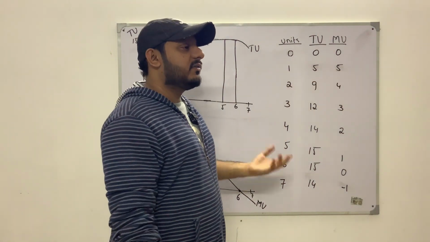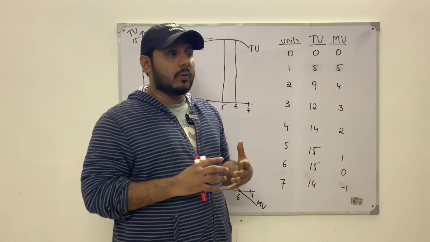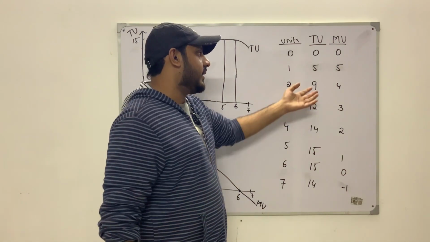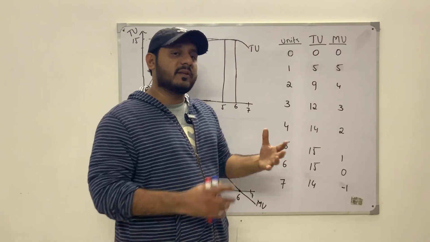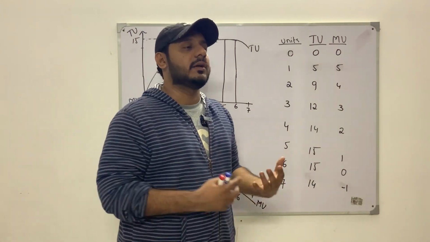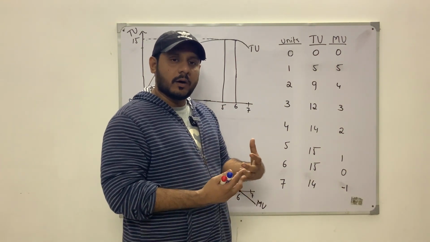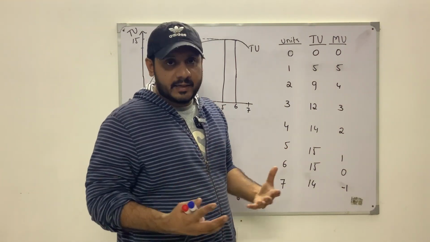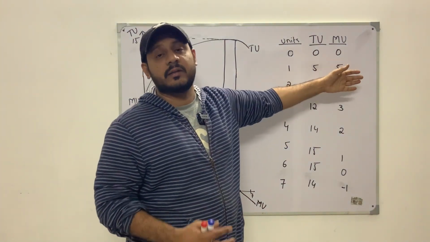By the way, on what basis are we measuring utility? We are attaching an imaginary number, that is utils. We're measuring utility in utils. Utils is just an imaginary number to give a unit, or a measurement criteria, to the amount of utility, be it total or marginal, that we are actually measuring.